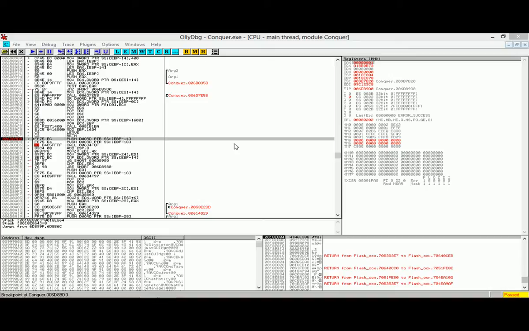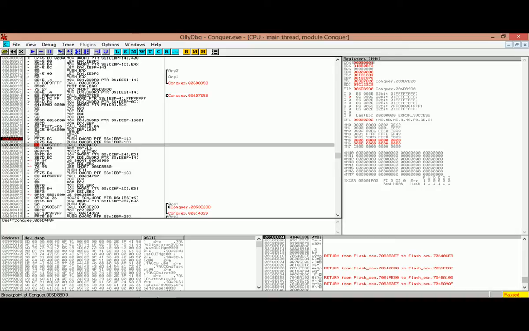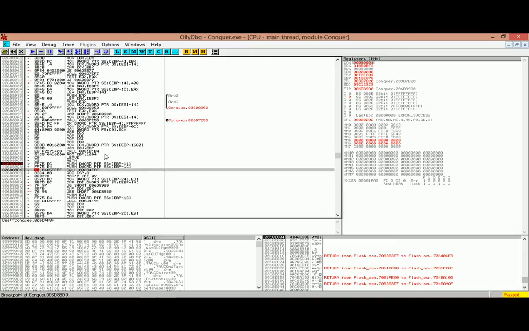But we're going to make some minor changes here, and I've changed my mind. I don't want to hook or replace this call anymore, but instead we are going to hook this call right here, just to manipulate the result of EAX when it returns from this call. The reason I'm going to change the value of EAX when it returns is that I want it so that if EAX equals, let's say, 0,